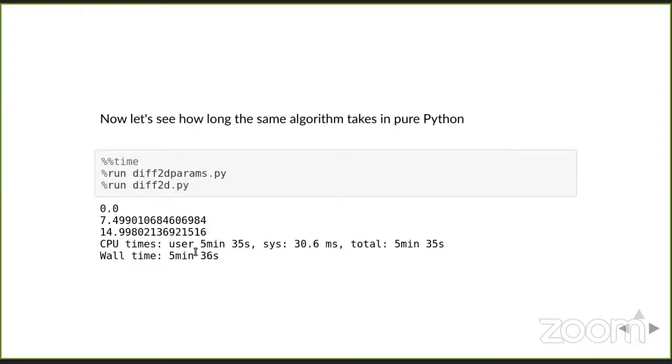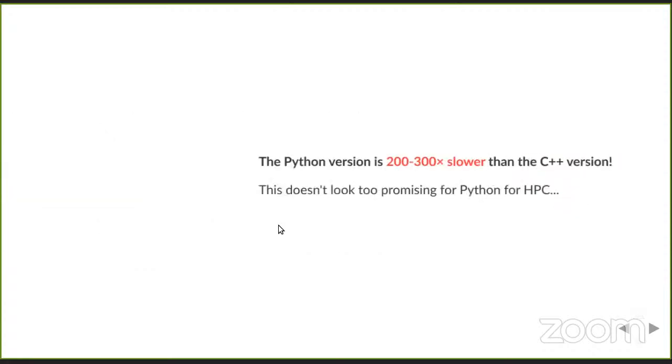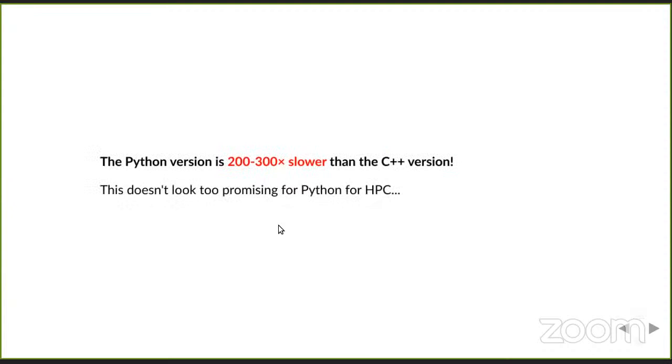So the timing, because we do percent time, says that this took 5 minutes to run. It's the exact same parameters, on purpose, and the exact same algorithm. The for loops are the same, the expressions are the same, just the syntax of C++ has been converted into Python. So that's not very good, because that actually means that the Python version of this code, pure Python,